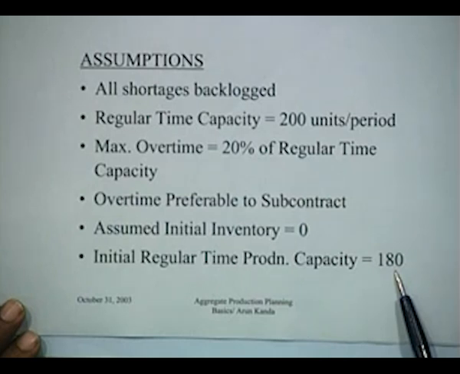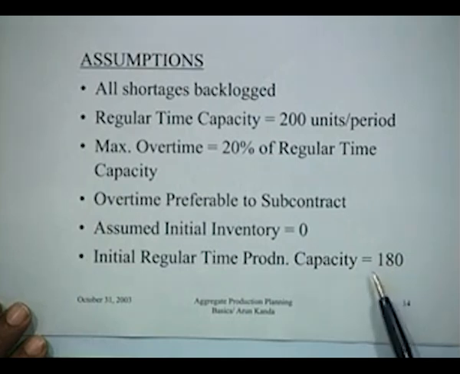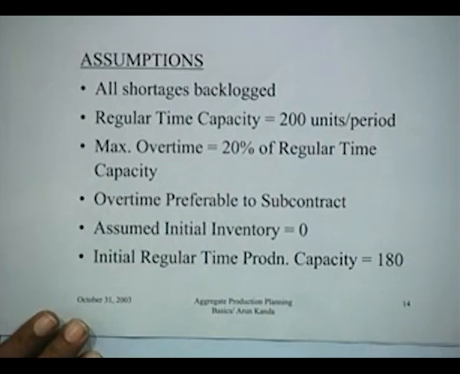So, these were the figures that were assumed, that last year the company was operating at an initial capacity of 180. So, if this year you want to produce 200, you have to change the production capacity to 200. So, the production capacity change costs are plus 20, and that is what you found in the table. So, you will always have a set of situations something like this, and you can use the graphical procedure, which is the simplest method of aggregate production planning, to actually identify the best plan of action for your situation.